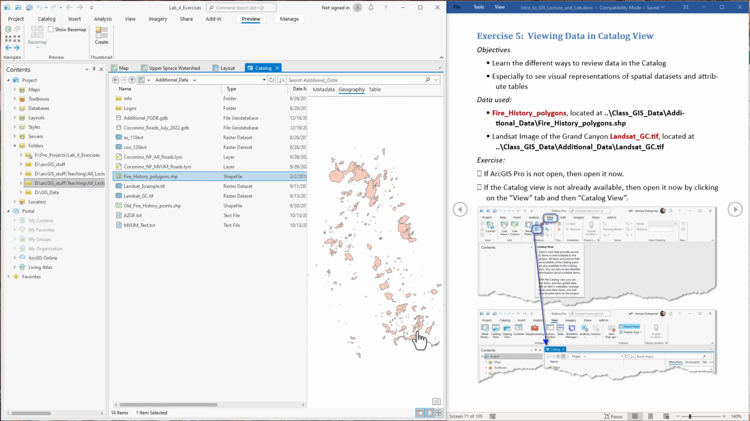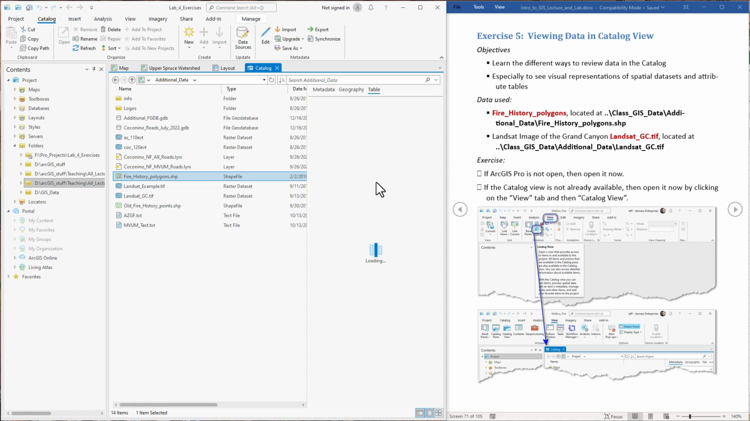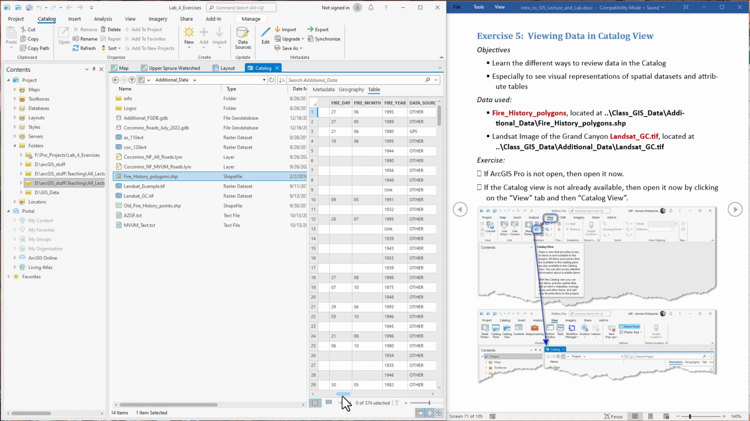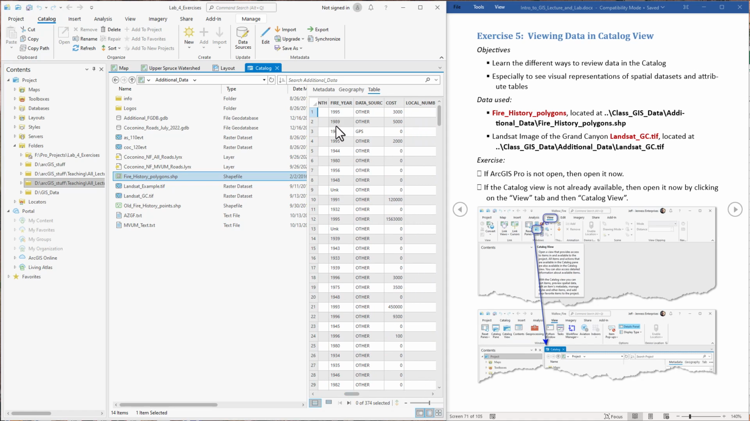Anyway, here's the visual representation in the Geography pane, and then we can click Table, and we can see attribute data that is stored in the fire history polygons. This is all the information that is stored with that fire history data set. And we can take a look at all of it if we want. This is when the fire happened, all that kind of stuff. All right, now we can look at other data sets. If we look at this